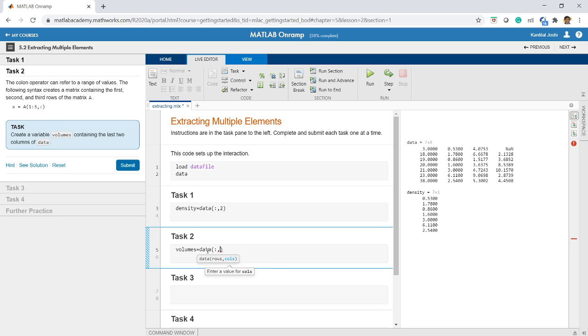Which columns do I need? Last 2 columns. How many columns do we have? 1, 2, 3, 4. So last 2 columns are third and fourth. So I will write 3 colon 4. So 3 colon 4 indicates from third till fourth. Let us check whether this answer is correct or not. Good, this is correct. Okay, let us submit.